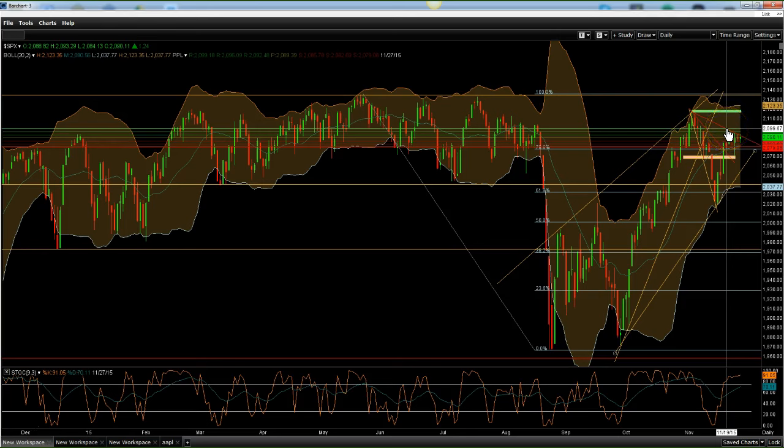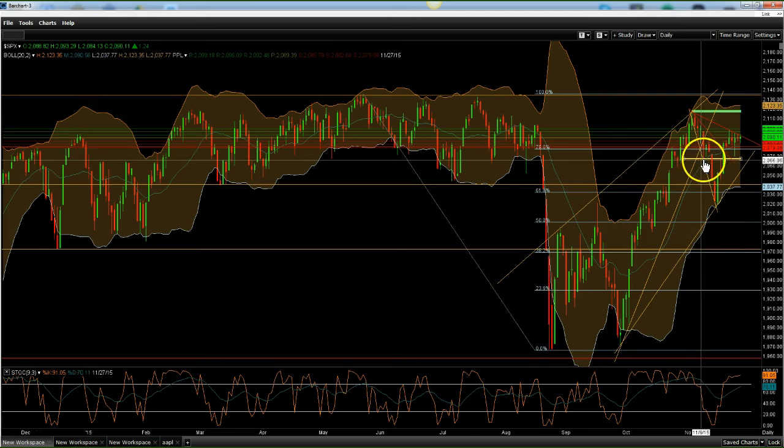2098.80 or 2099. So me being a buyer at the 2070 level on the pullback and this reversal of this line here, which I had drawn, okay, right there, which was the inflection, which was the turnaround point back on the 9th of November before we moved up and fell.